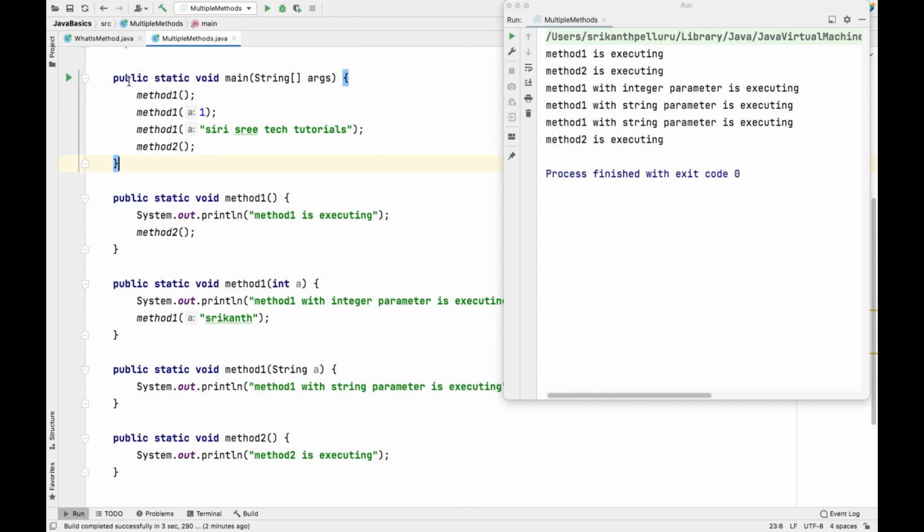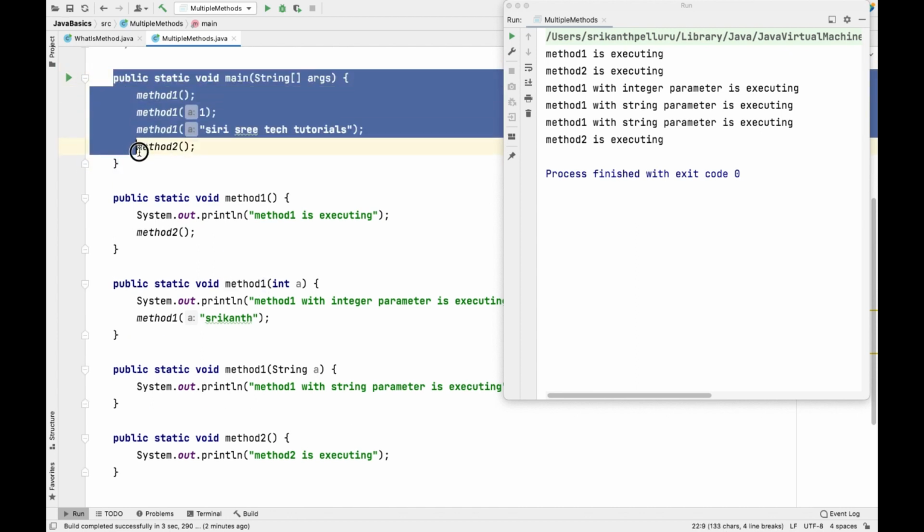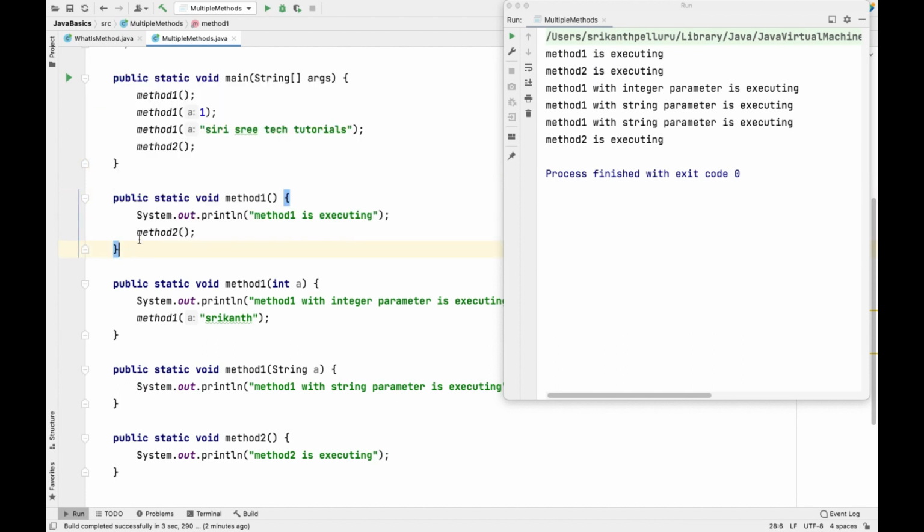The overall topic is very simple. We can have multiple methods in a single class, and if the method name is the same, the parameters or arguments should be different. If method names are different, then we need not verify the arguments or parameters. And the third one is that we can make a call from one method to another method, that is, method interactions can be done. Hope you understood the